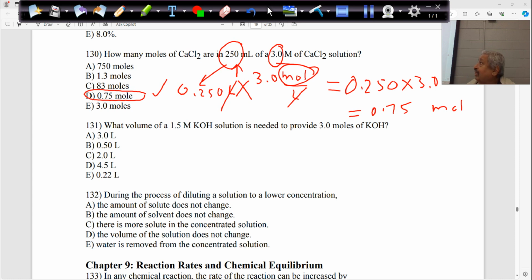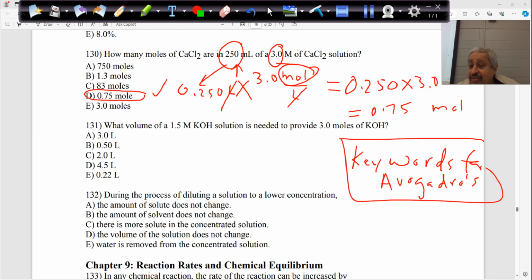No, the Avogadro's number always. What did I say? Avogadro. What are the keywords for Avogadro's? Somebody will tell me. Correct, yeah, the answer is over there. So the keyword here is atoms. Anytime I have atoms in the question, that's Avogadro's. Anytime I have molecules, those are the words here. Anytime I have ions, or sometimes called formula units,